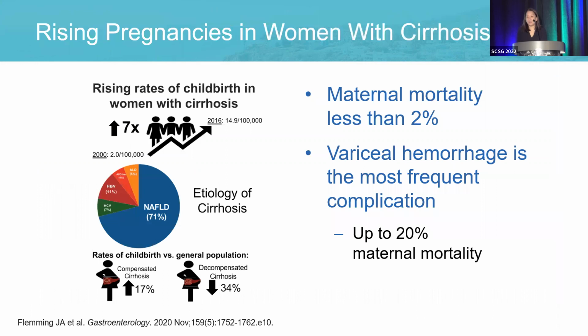So the last part is cirrhosis and pregnancies. This is a paper that was just published in 2020. They talk about the rising rates of childbirth in women with cirrhosis, a 7 times increase from 2000 to 2016. And the etiology, unsurprisingly, of the cirrhosis is mainly NASH or NAFLD. Compared to the general population, 17% more women with compensated cirrhosis are having children, and 34% less in